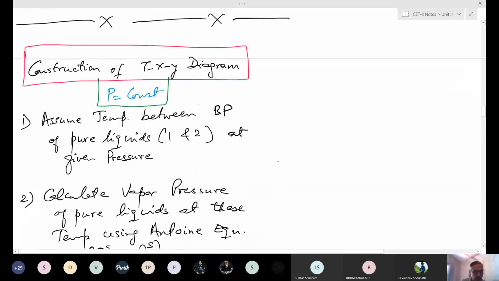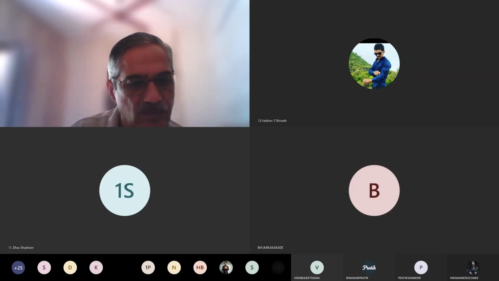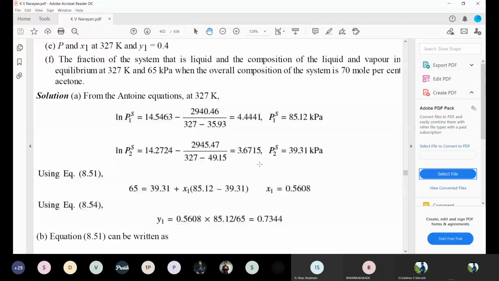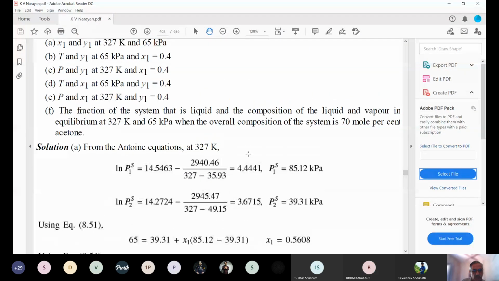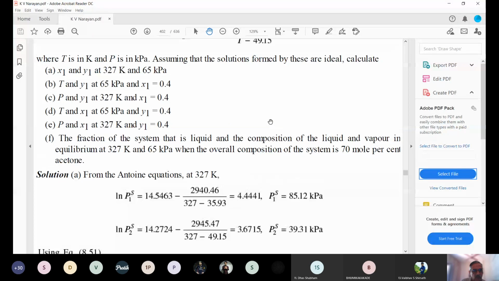ये आपको steps दिया है पहले, but now you have to correlate with the problem. ठीक है? समझ में आया? Yes, sir. So now we need to assume a temperature. Right? Let's see the problem now. So this is a problem. Pressure is 65 kilopascal, right? And composition is X1 equal to 0.4. Barabar. So now boiling point of